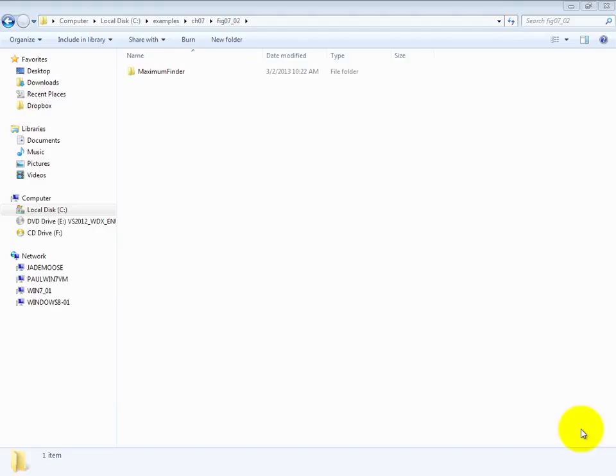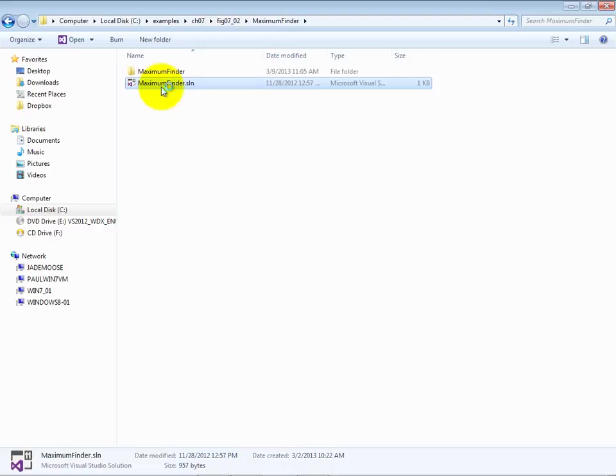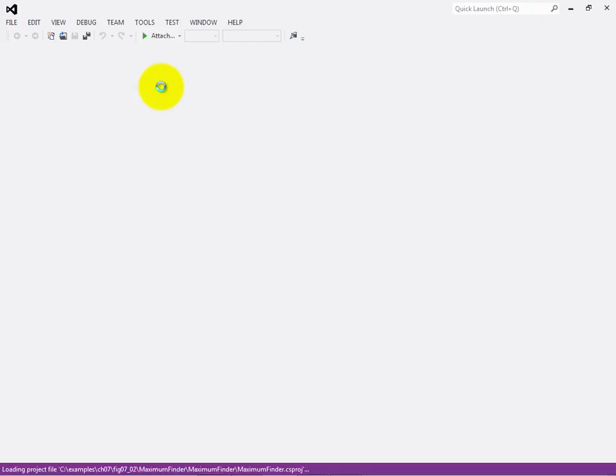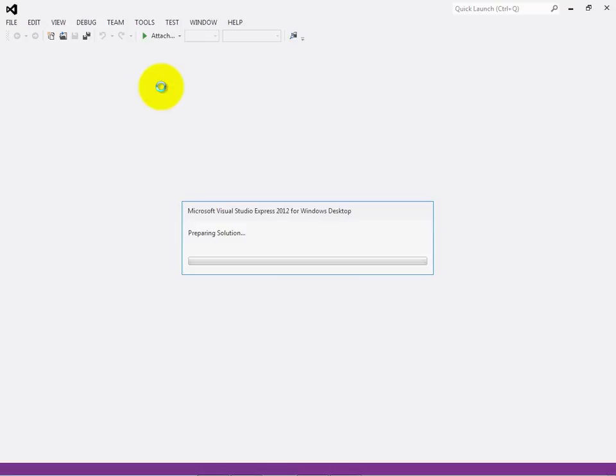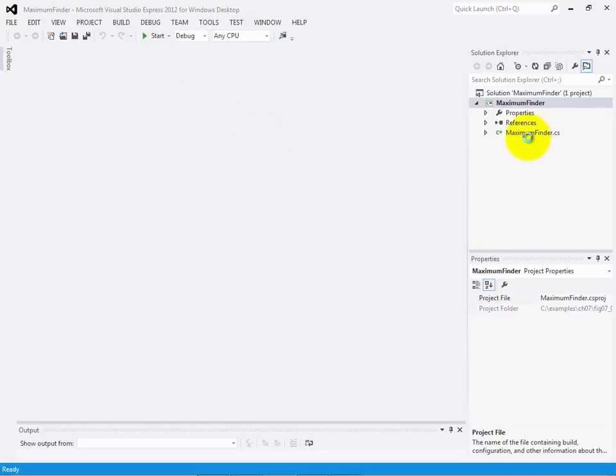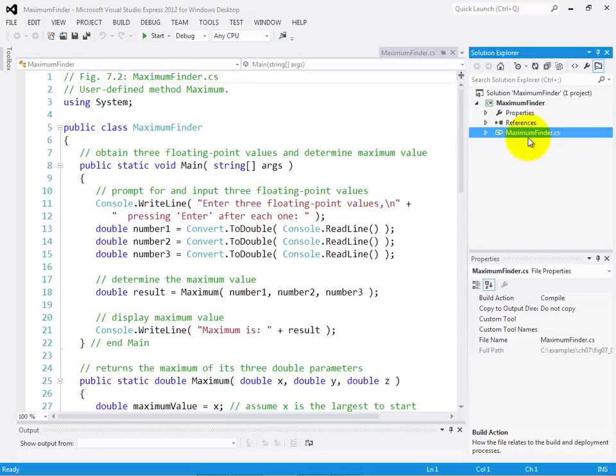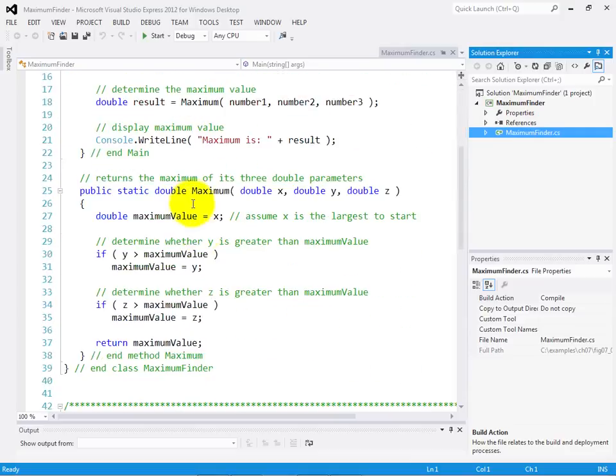We begin this lesson with an example that consists of two static methods in a class called MaximumFinder. So let me go ahead and open up our IDE and we'll pull up the source code. Now basically what we have in this example is a main method that's going to input three double values from the user and then pass them to a method named maximum, which you can see declared down here towards the